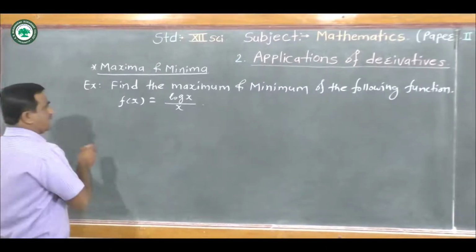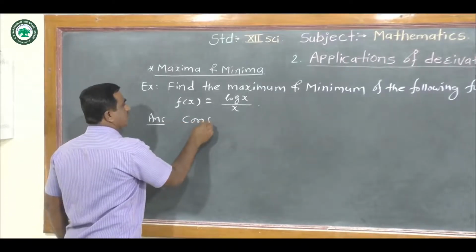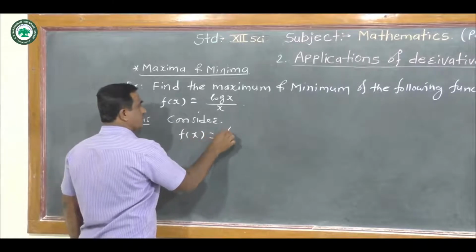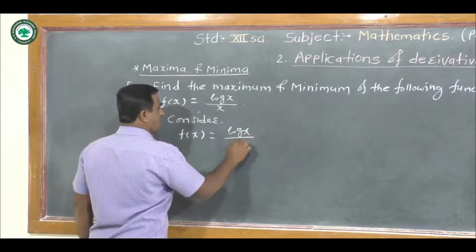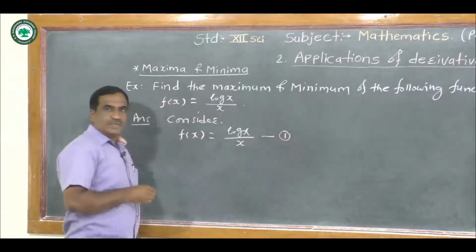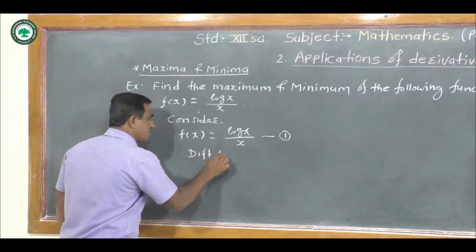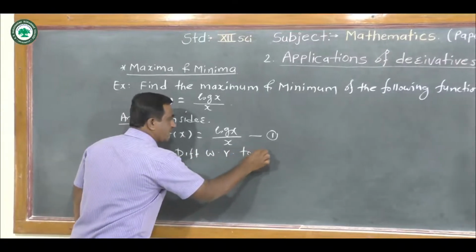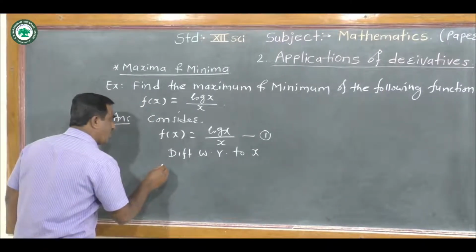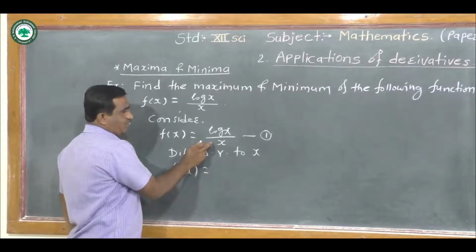Now the answer for this example. Answer: consider f of x is equal to log x upon x. So this is equation number first. Differentiate this with respect to x and use your division rule. Derivative of f of x, f dash of x, is equal to, by using division rule we can write